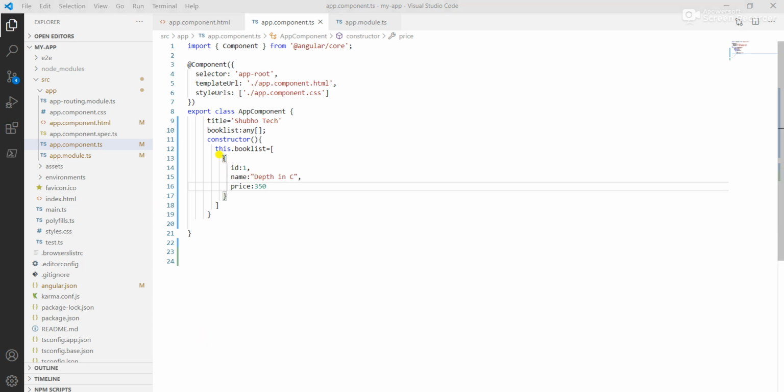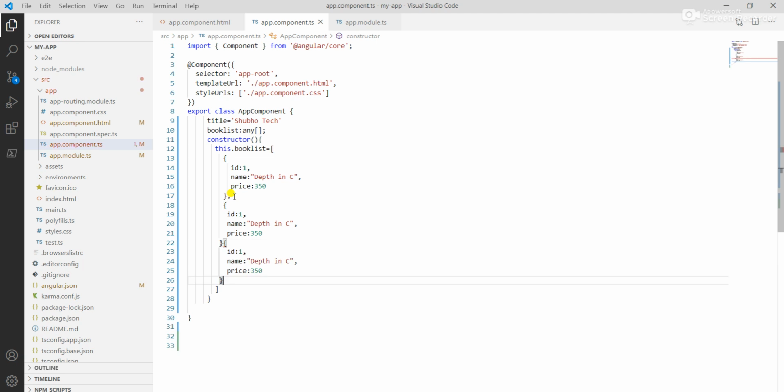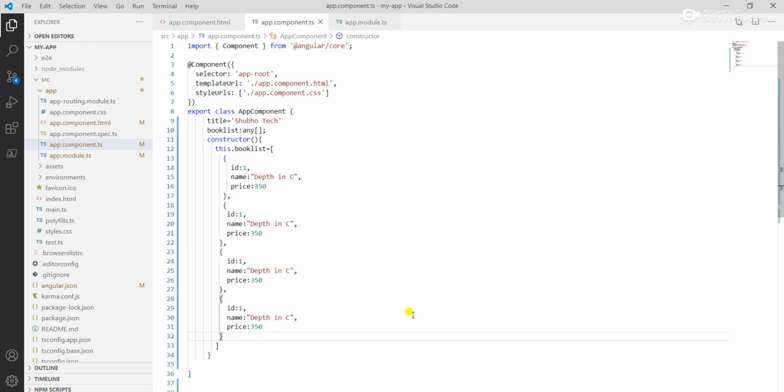Then I simply copy it, and after giving a comma I paste it three times. So I change it to Depth in C++, Java,